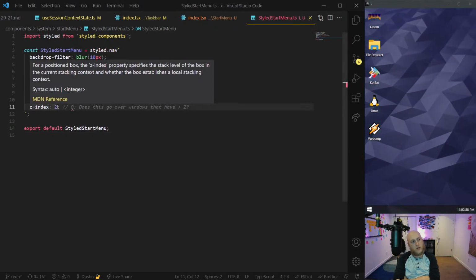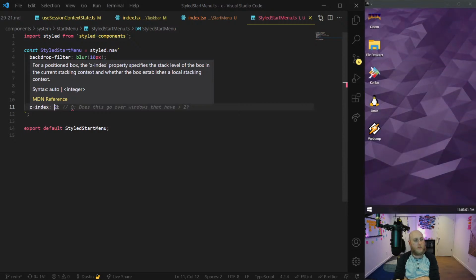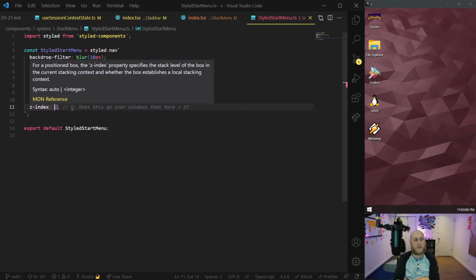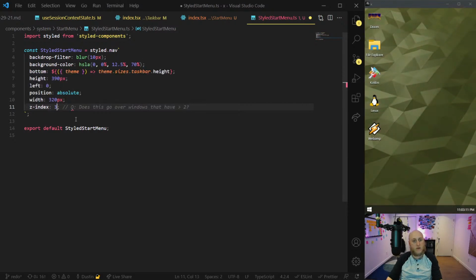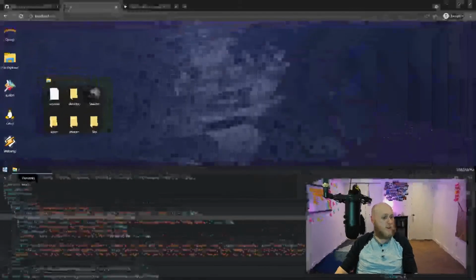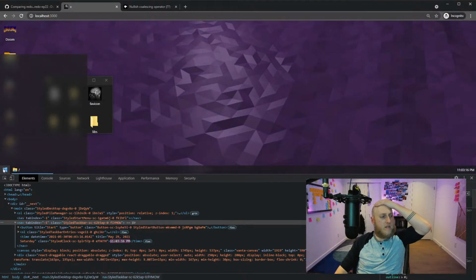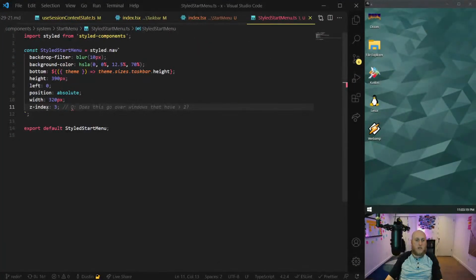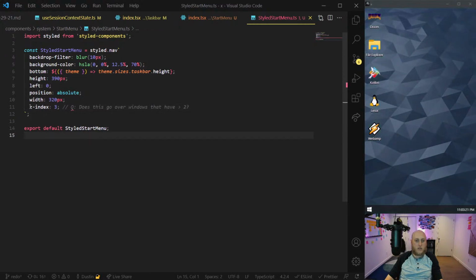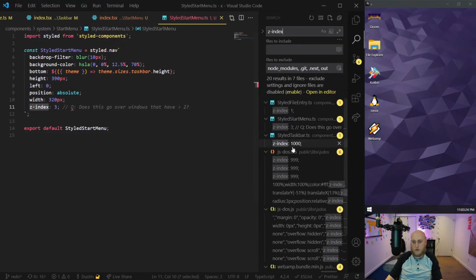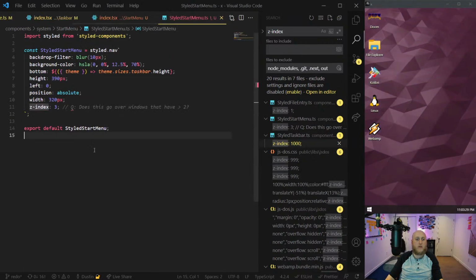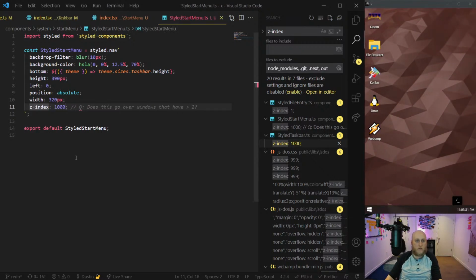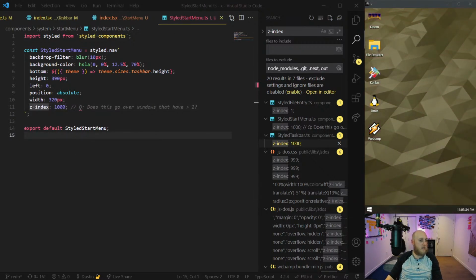So the thing with the window logic is it is pretty much like one window z-index 1. I think it iterates from 1. So I think the first window is z-index 2, the second window is z-index 3. So watch, if I make it 3, I bet it'll go over top. Yeah, there we go. So the thing is though, I don't want that. Let's instead set something ridiculously high. I think the taskbar has a really high number. Let's just use the exact same number. Yeah, the taskbar is 1,000. And the taskbar and the start menu don't actually overlap each other. So let's set them both to 1,000 because they really should have the same kind of z-index.